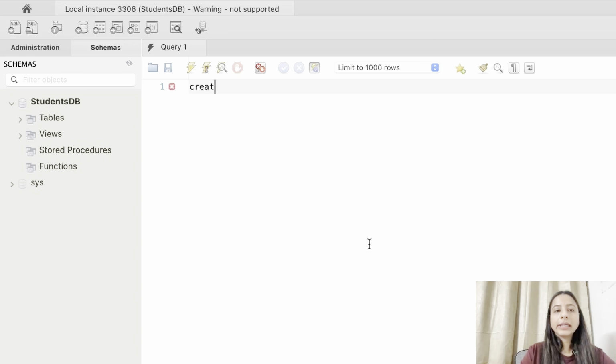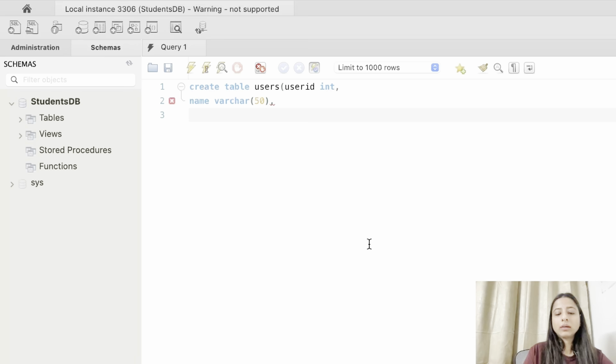All right, so we write create table and we name the table as users, and in the parentheses we will give all of the column names that we just spoke about, say user id, name, age and email. So we'll start with user id, and since user id is numeric in nature, a number, we'll give int as the data type, comma, name. Name is text, so we can just write the data type as varchar, and we can give it a limit that it should be of 50 characters.